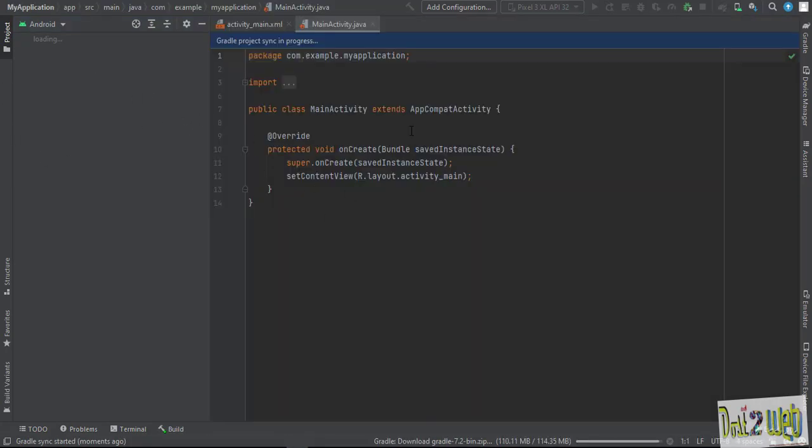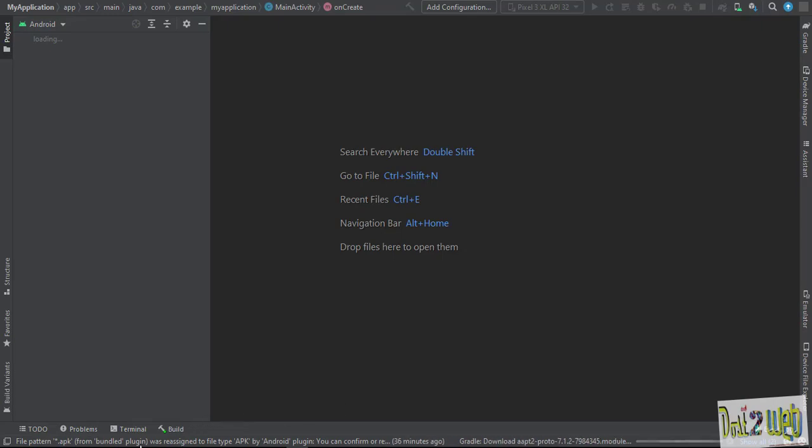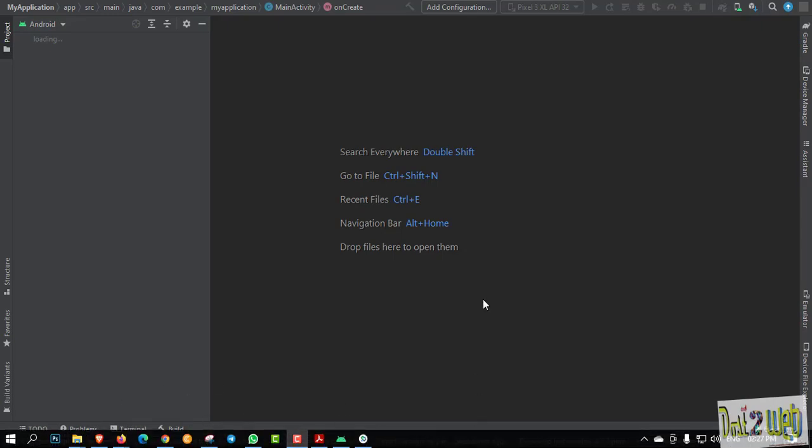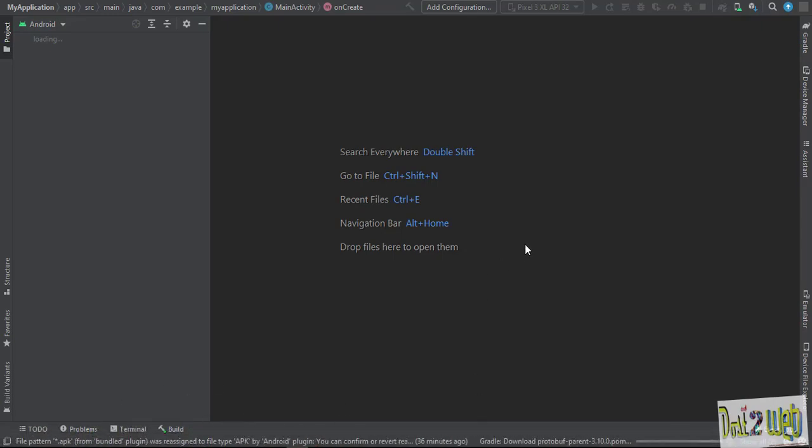So you can see here it's loading slowly, you have to wait. You can see at the bottom the Gradle download, so the Gradle is getting downloaded, so you have to wait till this download gets finished. Once you click, you can see the background process is happening. You have to do this the first time and wait. The Gradle is getting downloaded at the bottom, so you have to wait further